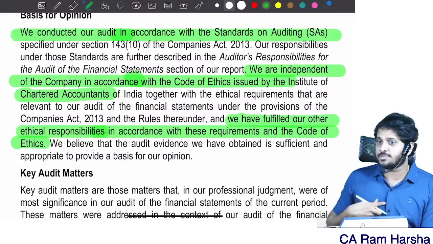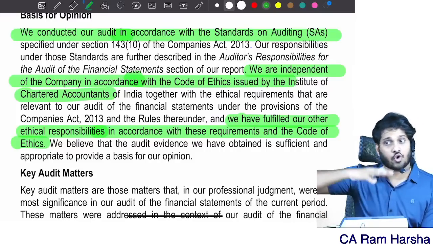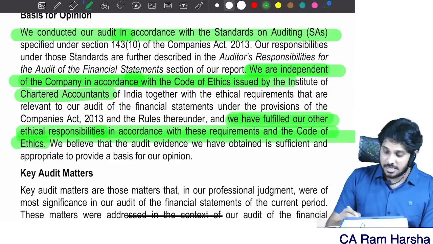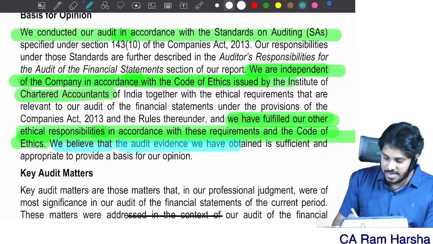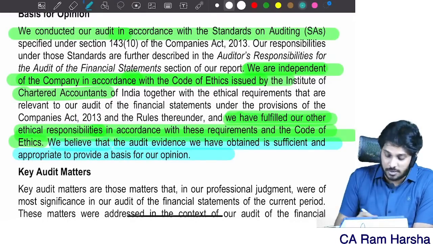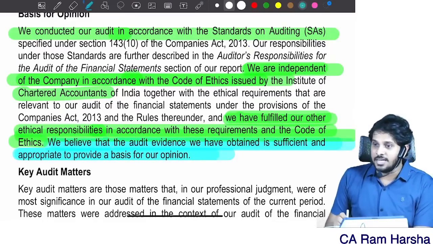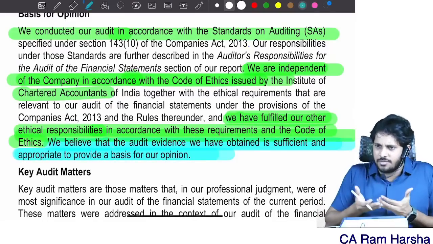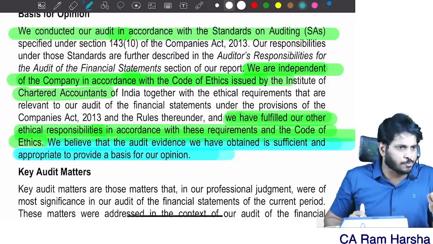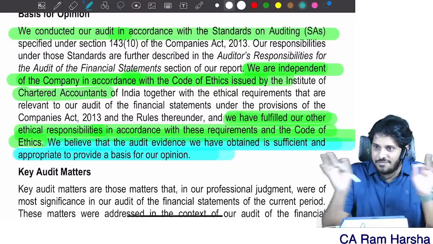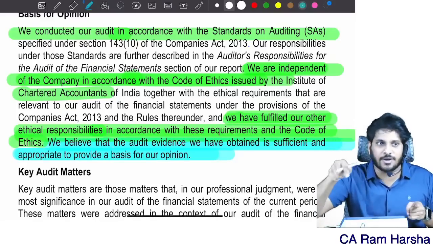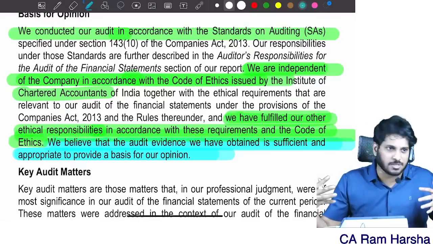So I am telling them, look, I am doing audit as per standards. As per the standards, I have so many responsibilities. And we are independent of this company. We fulfilled our responsibilities. Whatever evidence we have obtained, we believe it is sufficient and appropriate to provide a basis for our opinion. Based on the evidence we got, we believe that it is sufficient. So, because of all these reasons, I gave unqualified opinion. Very clear. There is no specific reason. I cannot specifically point out why it is good. If I say bad, why it is bad, you should tell. If it is good, why it is good, we can't tell specifically, yes or no.